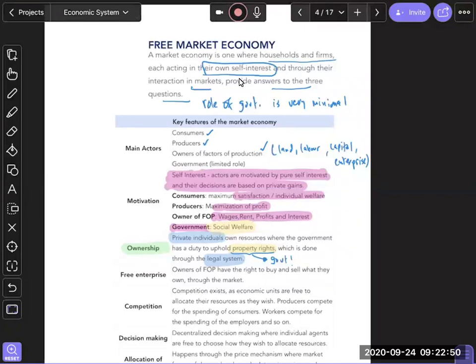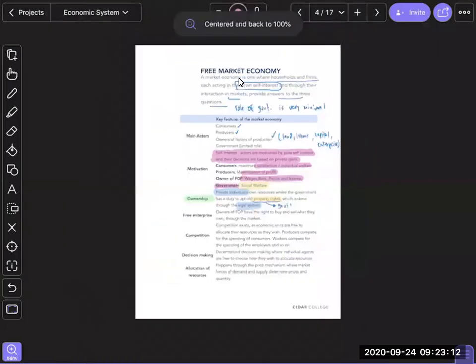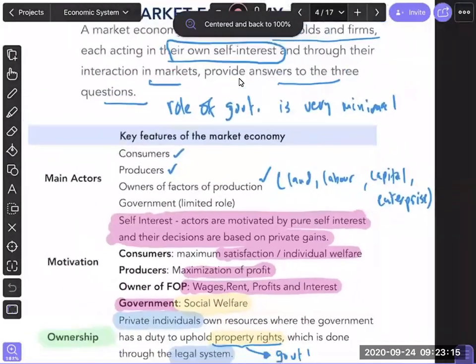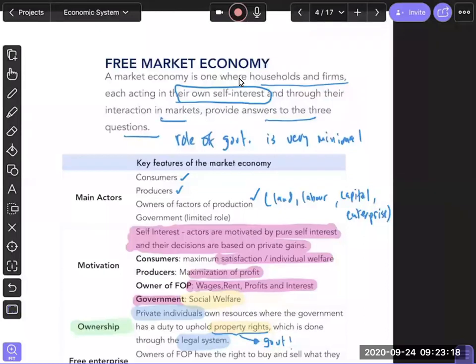In a free market economy, resources are completely owned by private individuals, where government has very little role to play. On the other hand, we'll soon see in a command economy there's a lot more government involvement, and government is the one that owns factors of production and makes key decisions about them. Then came your mixed economy, where there's both the private sector and the public sector. So the key distinction amongst these three economic systems has to do more with who owns the resources, and therefore who is making key decisions about allocation of resources.